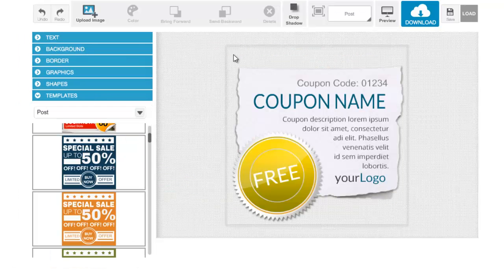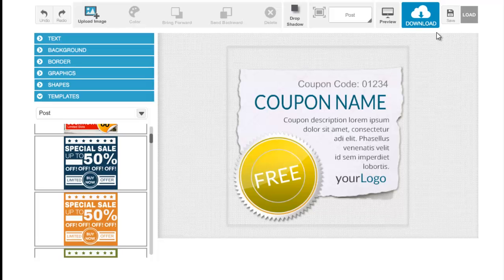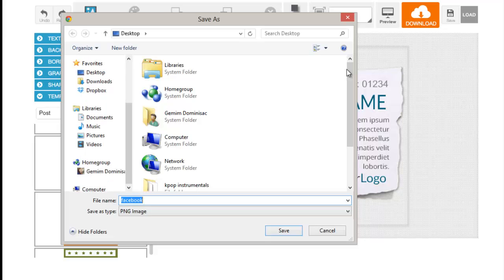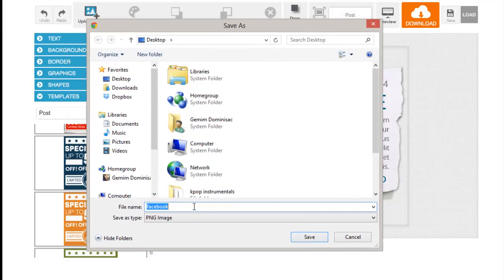Okay, so lastly, I will be showing you how to use these 3 buttons that you can see on the upper right corner of your screen. So we have the download button, the save, and the load button. The download button is used to download the PNG of the graphic image that you did. So the PNG image is the one that you will be uploading to Facebook and stuff. So just hit the download button and then choose a destination for your file, rename it,